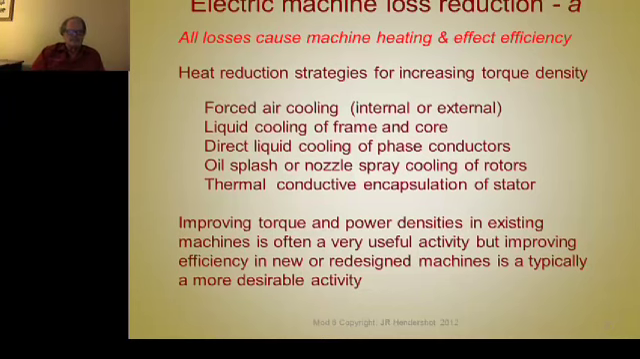You've got to use forced air cooling or liquid cooling or direct liquid spray cooling or splashing, spraying out of nozzles or splashing from the rotor end rings or little blades on the end of the rotor. You can cast on there in the case of